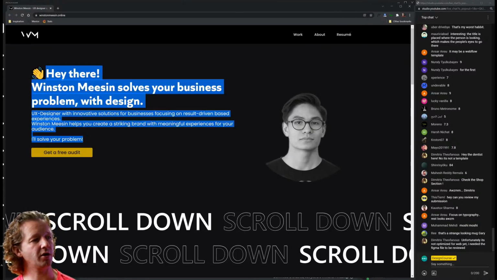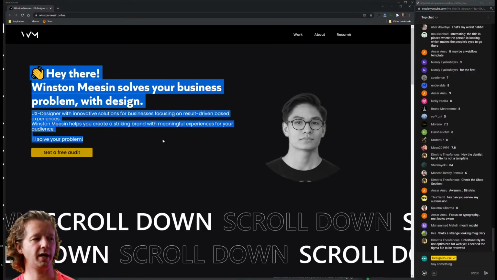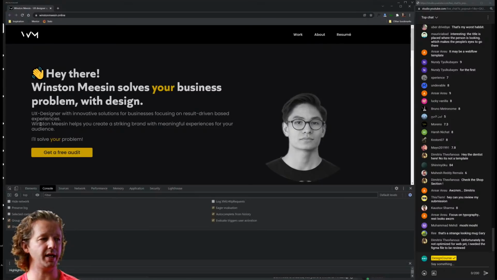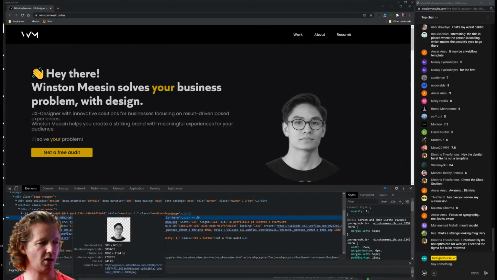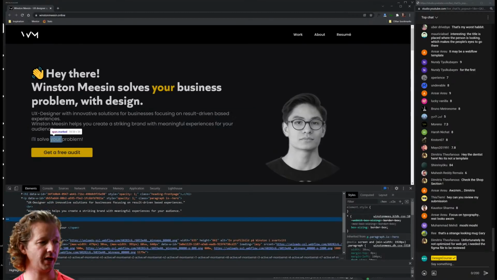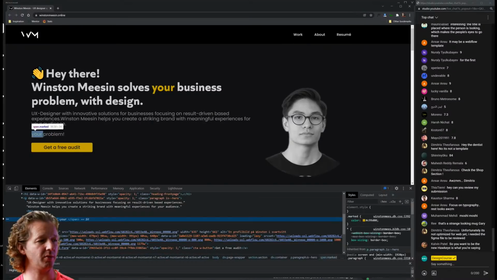So there's a problem with your typography here. There's just a little bit too much type, and also how it's structured and laid out. For instance, this subheadline right here, you have two sentences, but for some reason they're on their own lines. They should all just be a single paragraph without a line break between them. I'm not sure how this is laid out. We have some BRs in here, breaks. There you go. So that's a little bit better. I'll probably get rid of "solve your problem" as well.